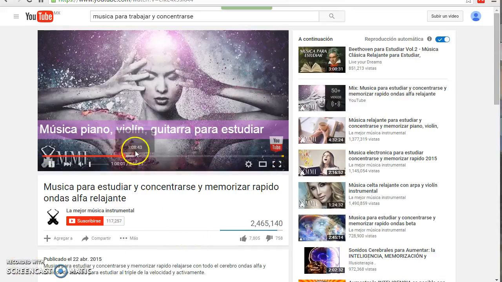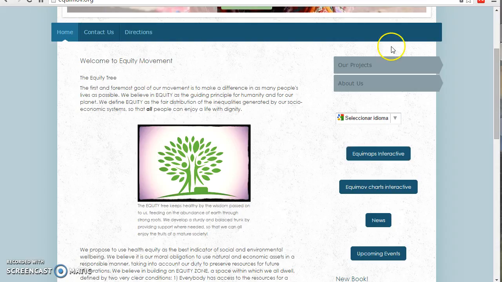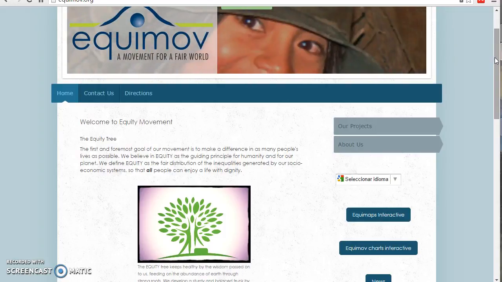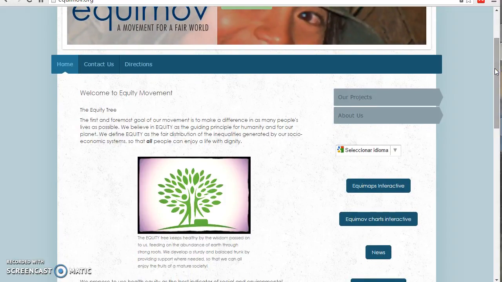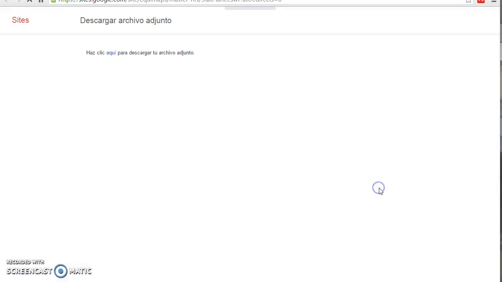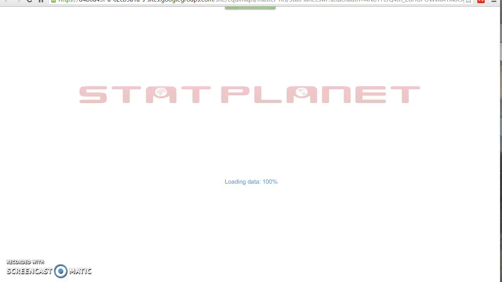Hello friends, here is another tutorial to see how we can use the EquiMaps interactive tool in one of the equity dimensions we call the definition of global health equity models. If you click on EquiMaps interactive and then click on this link here as the interface, you will see